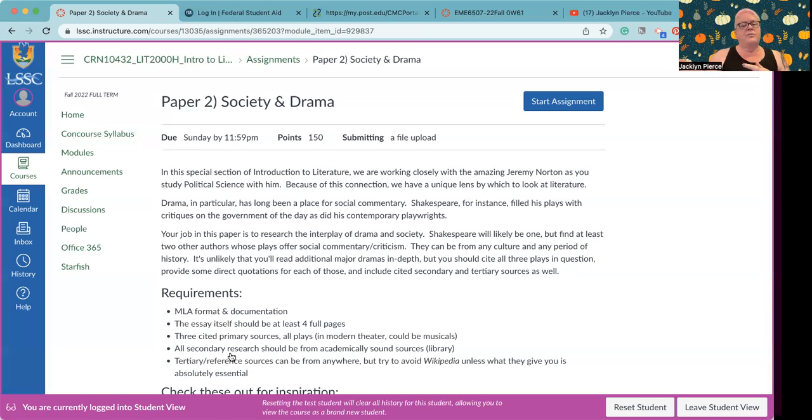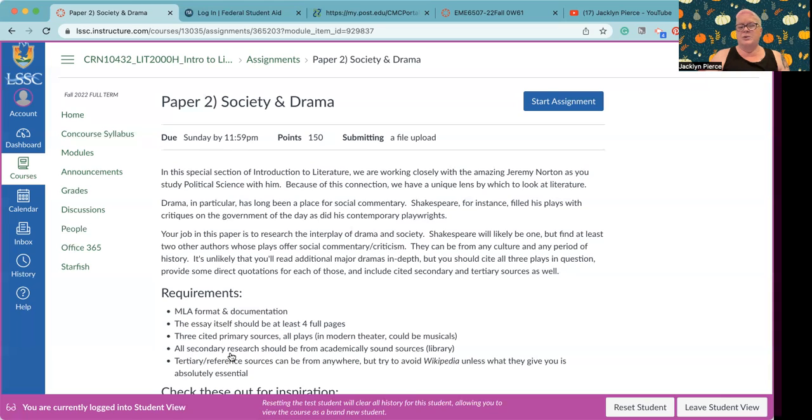Now, a full-scale movie version is often very different from the stage play. In fact, a lot of times you'll find that the makers of a film will have their own agenda, so to speak. And so they might utilize even an older play to make a social commentary on something in our current society.